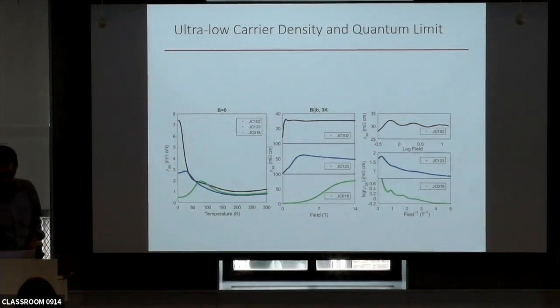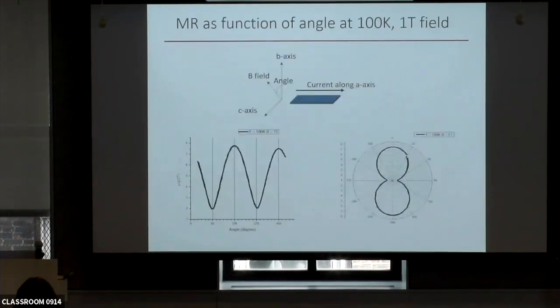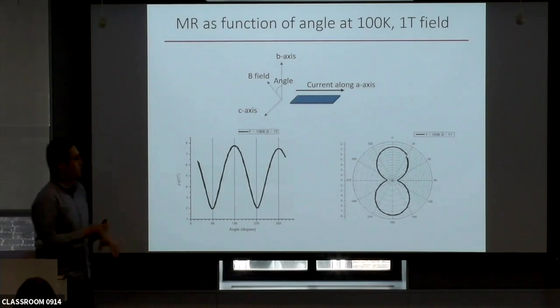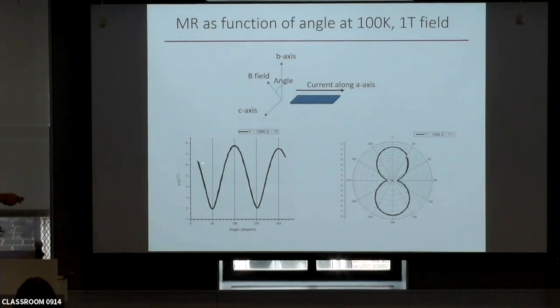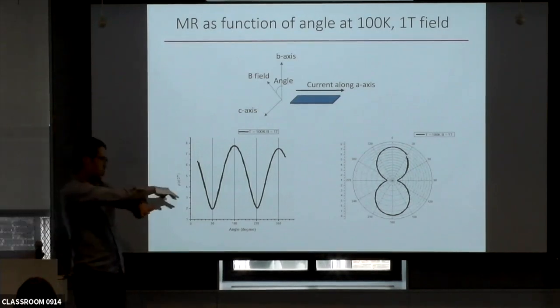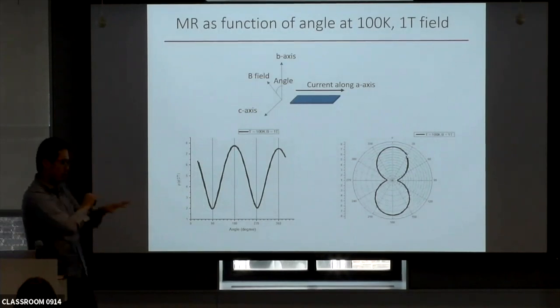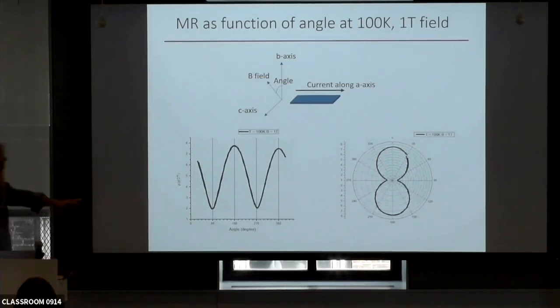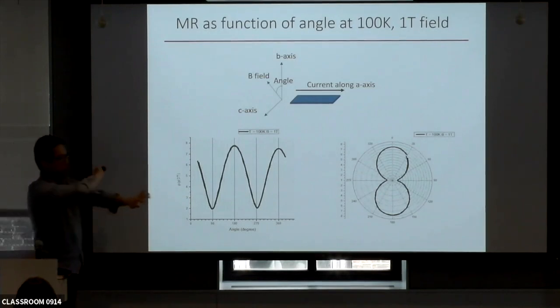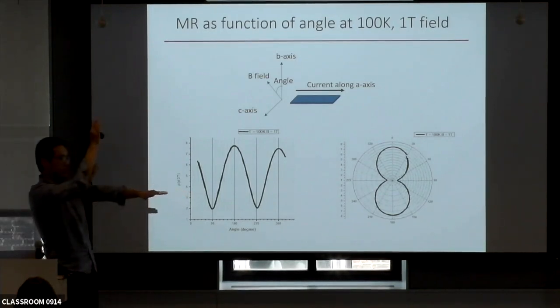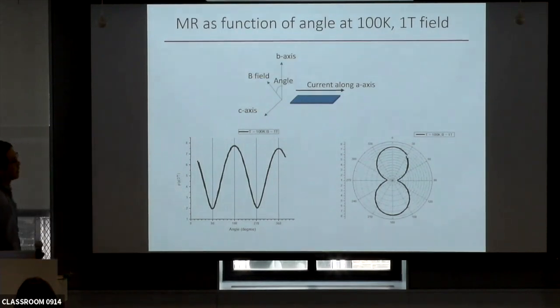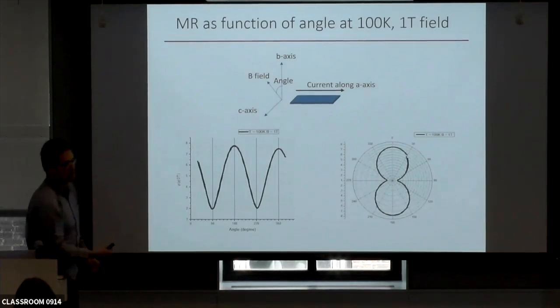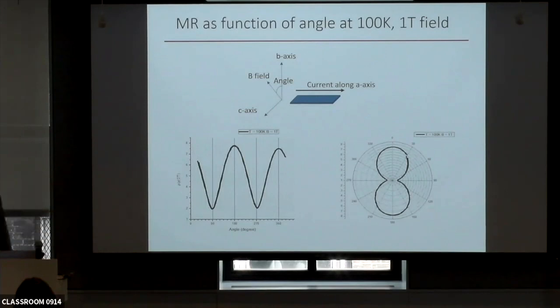Instead, I'll focus on the angle dependence. So what happens when you rotate the angle? If you go to higher temperature and a smaller field, you see something quite conventional: a twofold oscillation, larger magnetoresistance when the field is out of plane, lower magnetoresistance when the field is in plane. By the way, it's always perpendicular current, so there's no issue of the Lorentz force and angle. It's always transverse magnetoresistance, just changing its relative direction to the crystallographic axis. This twofold oscillation can be easily understood as higher mobility in plane and lower mobility out of plane, so you get larger magnetoresistance when the field is out of plane. So this is low field and high temperature.